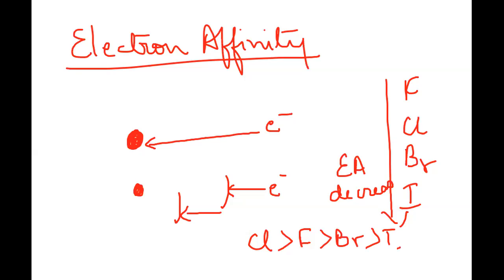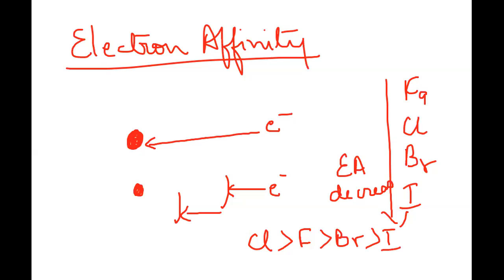What is the reason behind this? The fluorine atom is so small. In its second shell only, it has to accommodate 8 electrons, because its atomic number is 9. In this case, the electronic configuration will be 1s2, 2s2, 2p5. And the second shell is going to try and acquire electrons, and therefore the electronic density is much higher.